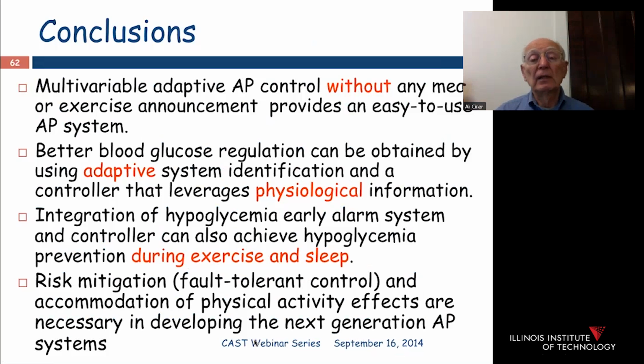Similar activities can also take place with exercise-related challenges, but because of time, I prefer to stop here and just put these conclusions,